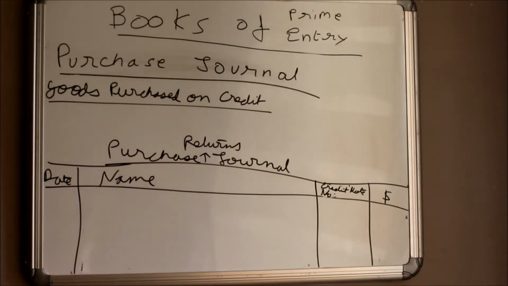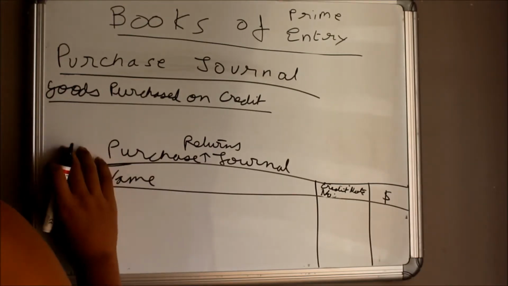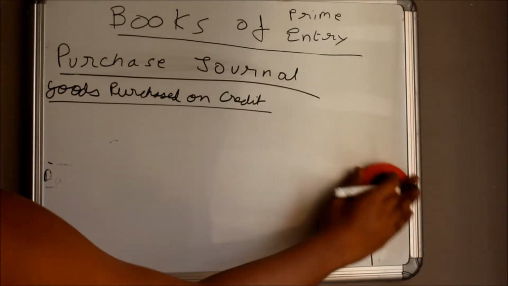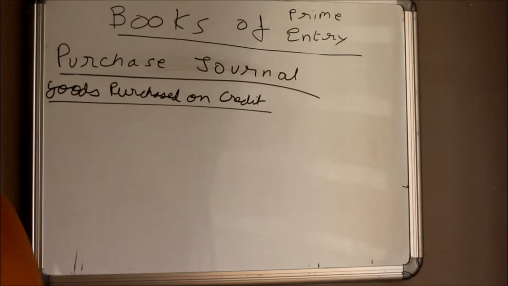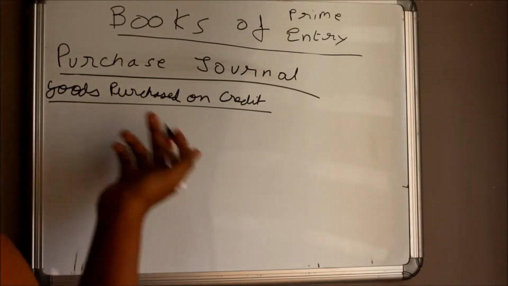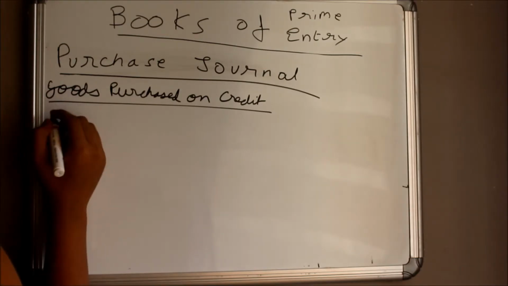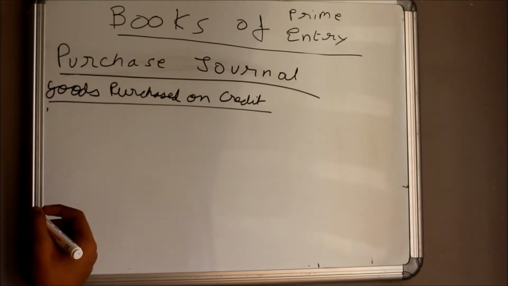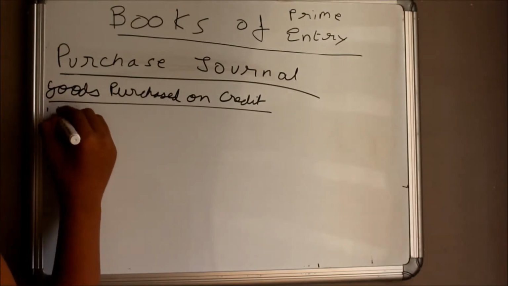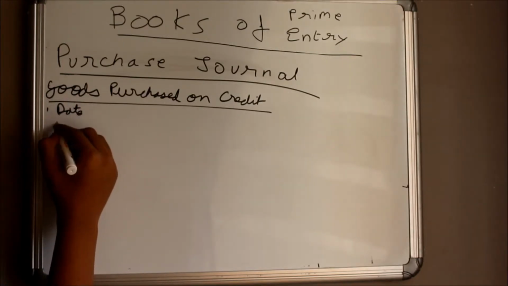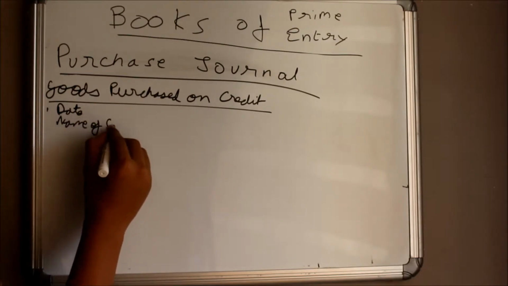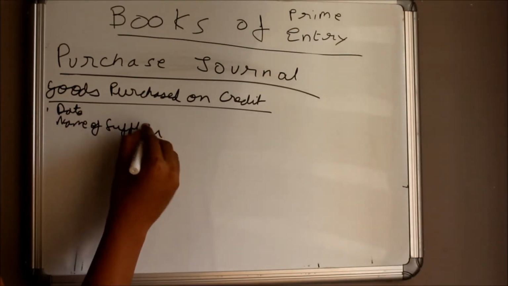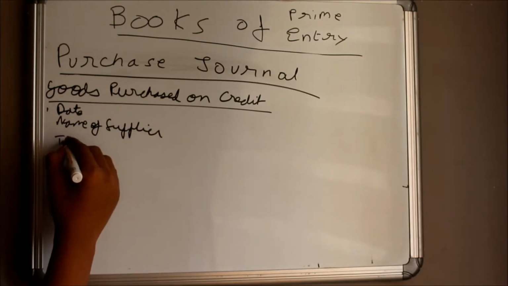And now I'm going to show you what happens in a purchase journal when goods are purchased on credit. So when goods are purchased on credit, the date, name of the supplier, and the total of the invoice are written